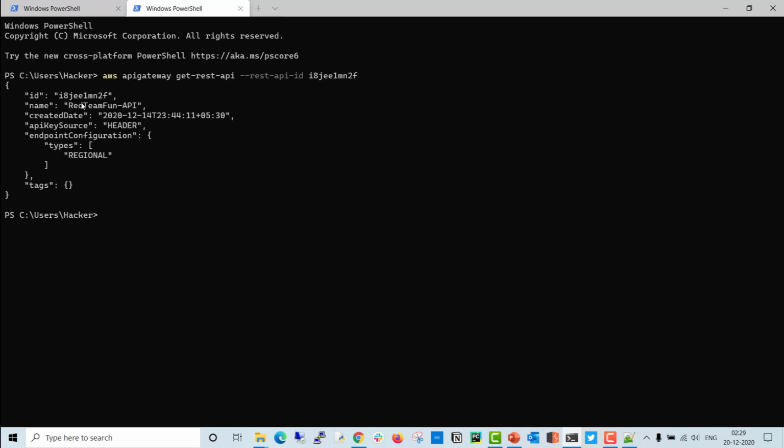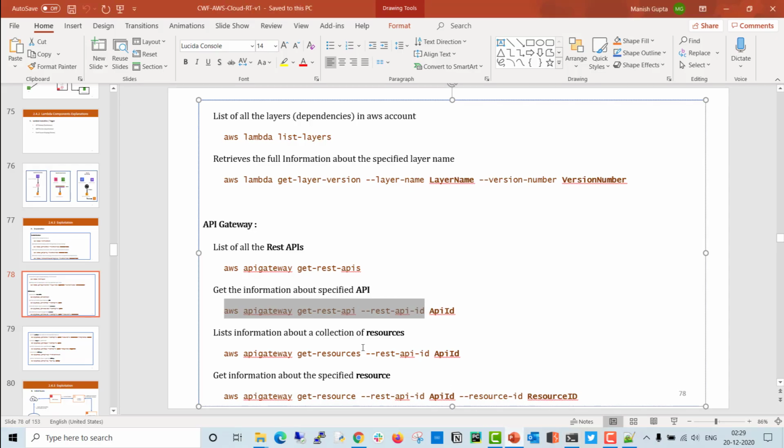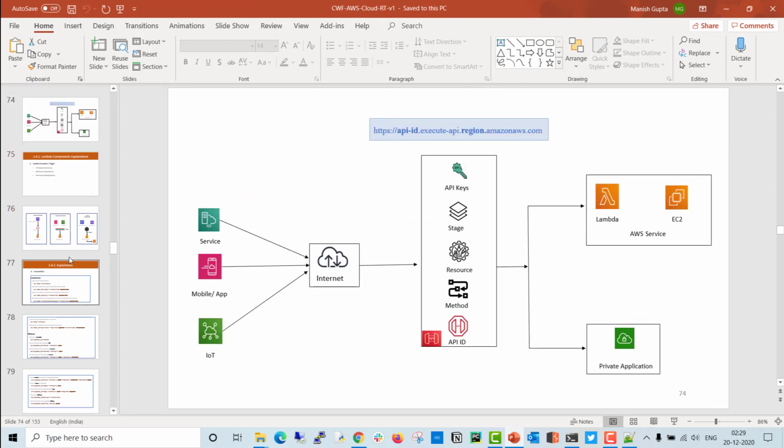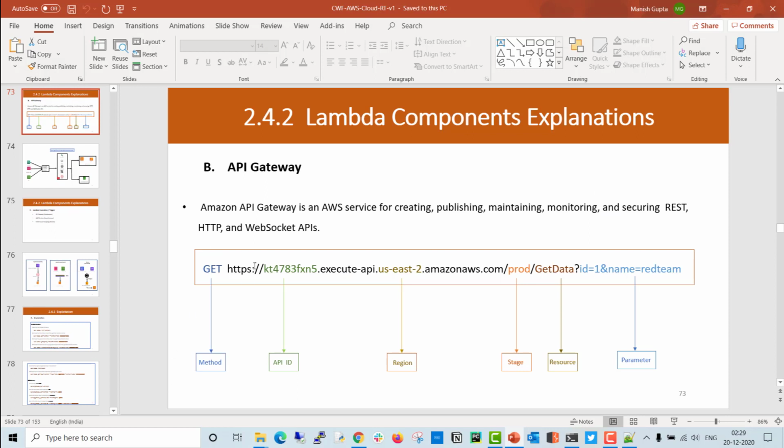This will give the information: this is the API, this is the API name, and this is the API key source and all other information. Now what next? If you have this information, okay, this is the API ID, this is the name of this API, what are you going to enumerate? When we discuss APIs, let's see how we can craft a URL, because for an API you have to craft a URL, and this is the way you can do it. These are the things you need to craft a URL. You need a method, either get, post, put, whatever methods API Gateway supports,